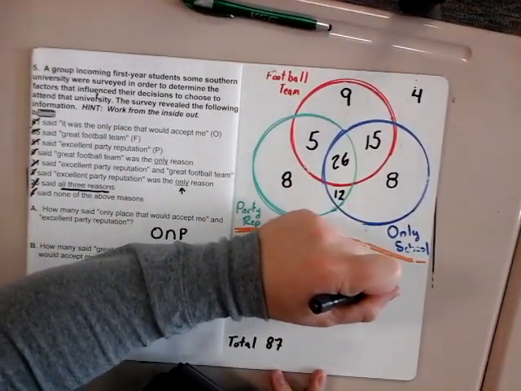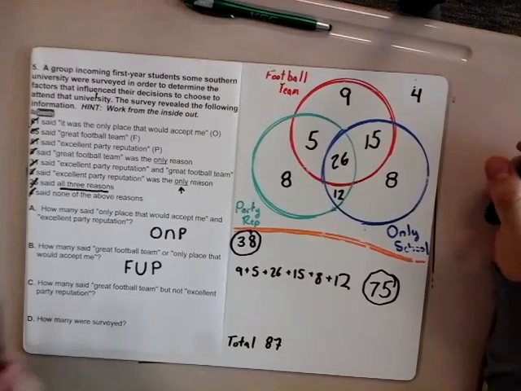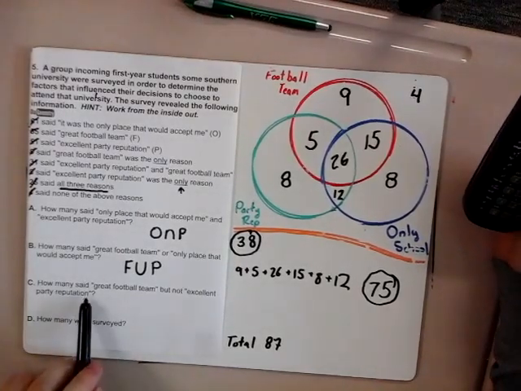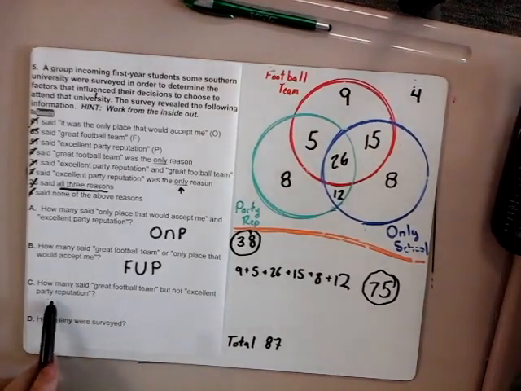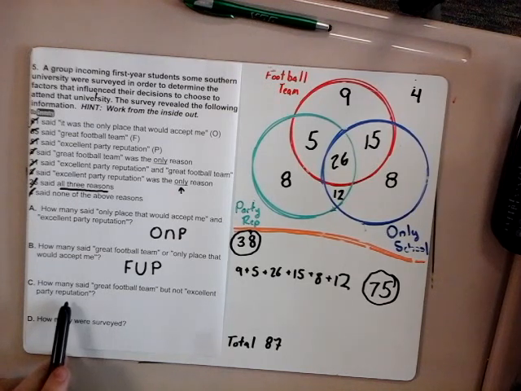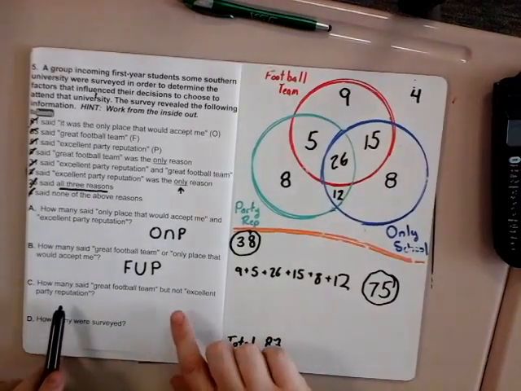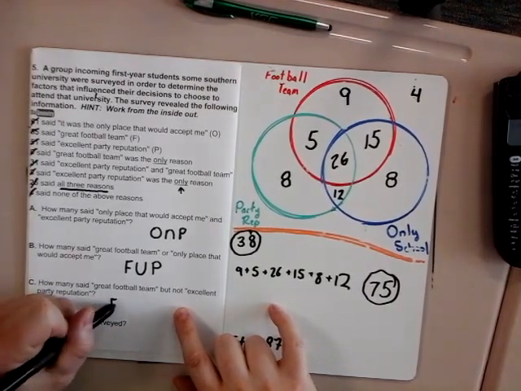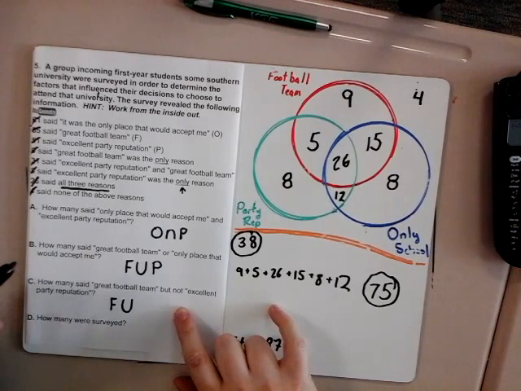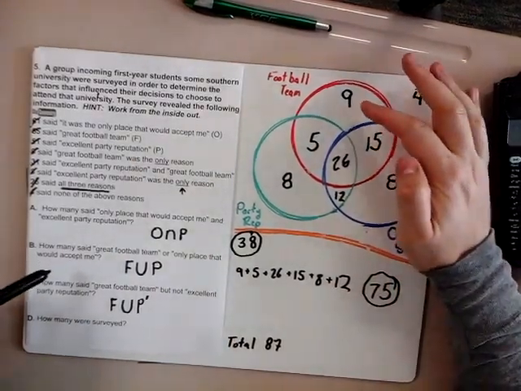Now again, notice I'm writing down just solid numbers here because they're not asking what the probability is. They can ask those questions here. How many people said great football team but not excellent reputation? Okay, so the way I'm going to interpret that one is a union, right? And we're going to say F is that union, not P. From there, we're going to add these up. So I have